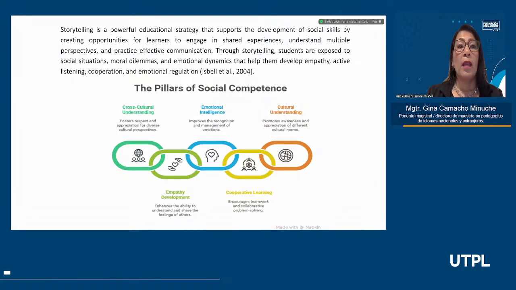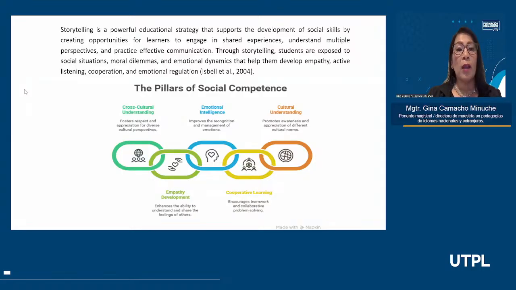Okay? And as a way to summarize this, storytelling is a powerful educational strategy that supports the development of social skills by creating opportunities for learners to engage in shared experience, understand multiple perspectives, and practice effective communication.